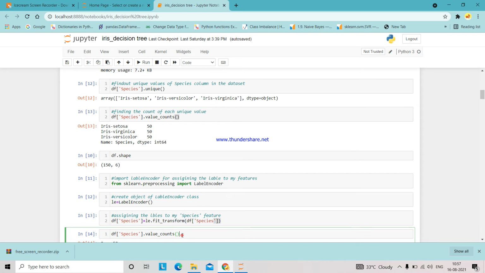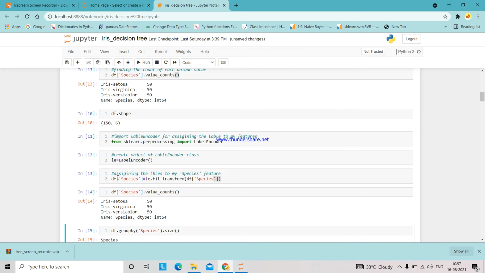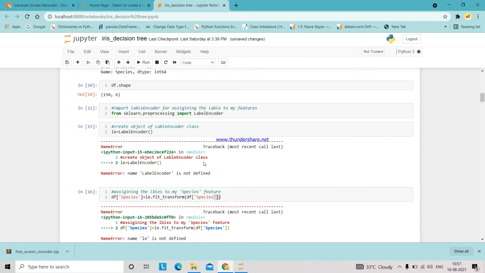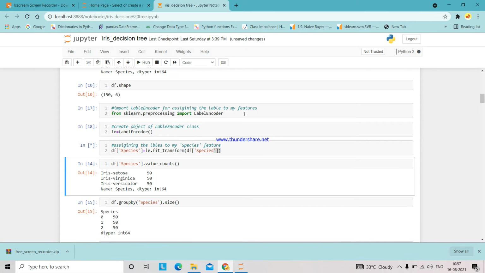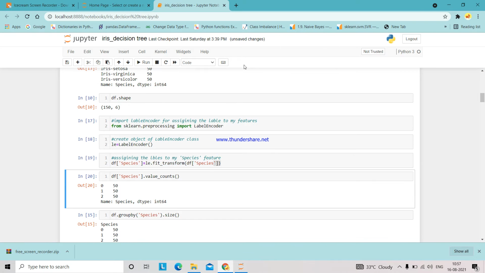Now you can check here. Iris-setosa can be labeled as 0, Iris-virginica can be labeled as 1, and Iris-versicolor can be labeled as 2.